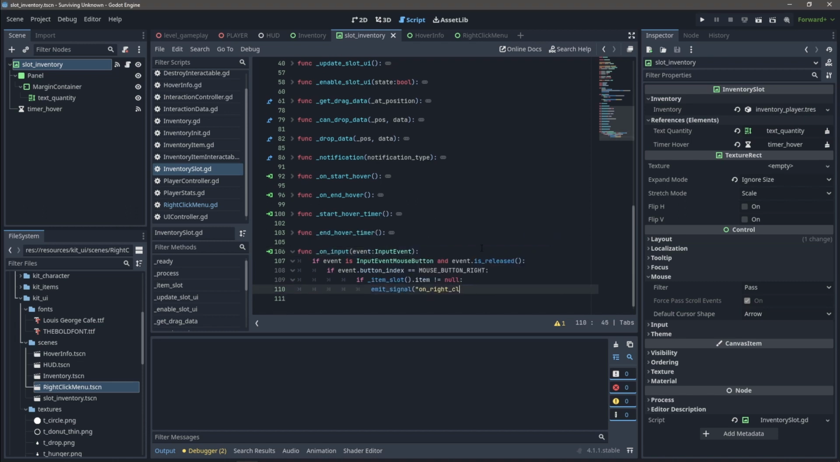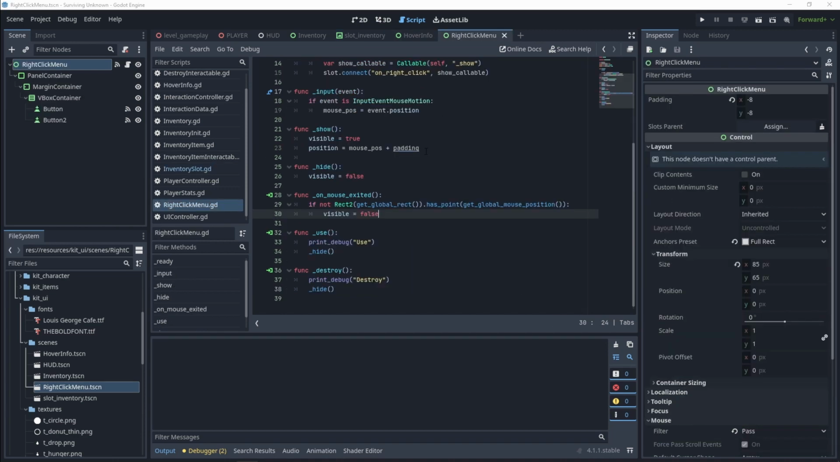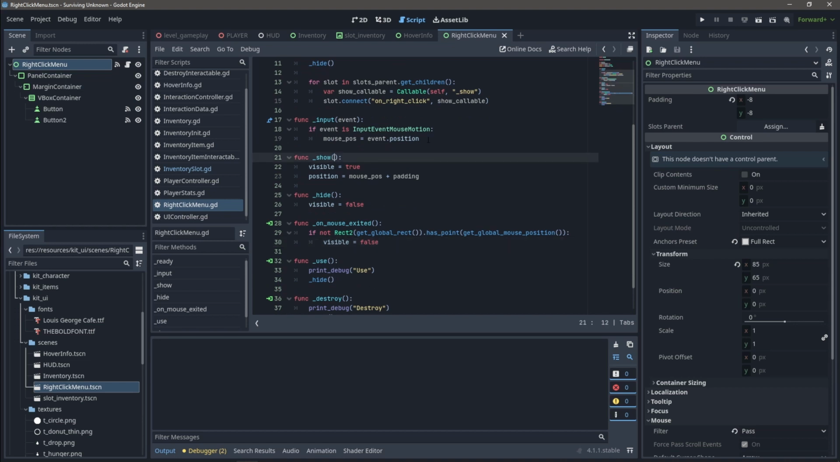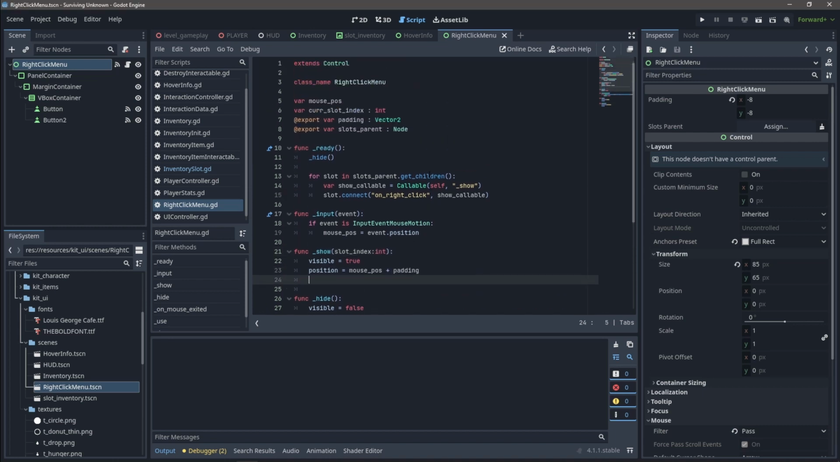Actually, we can subscribe that. Ooh, my bad. We can subscribe that to our on right-click. We'll emit an on right-click signal, and it will also pass a slot index. And on right-click in our right-click menu, which is actually show here, it's going to take in a slot index of type int, and we're going to set our